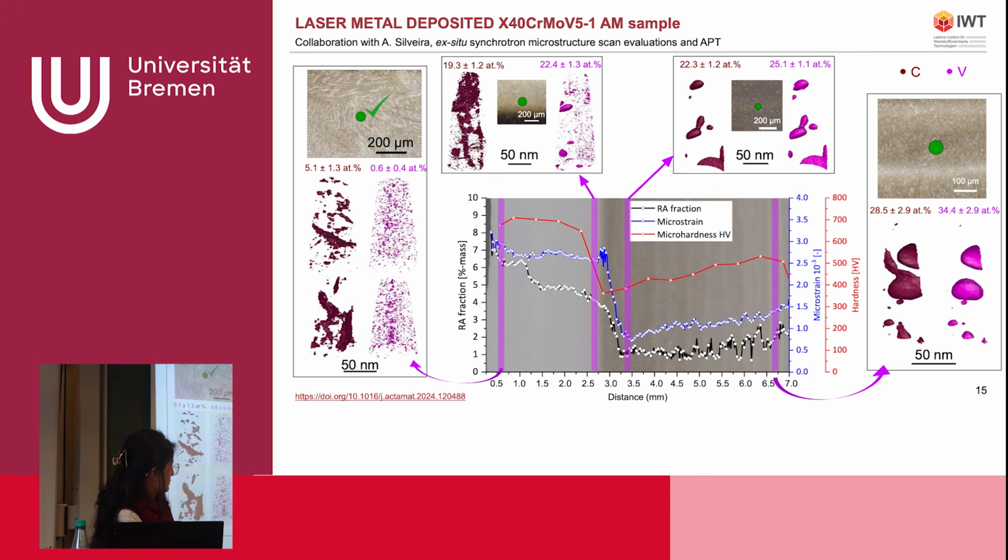Then if we go to the layers that were first deposited, in this case the moderately tempered regions, we still see those vanadium carbides, but they are much bigger than the ones we saw here, and even a little bit bigger than these ones. This shows exactly the effect of the time that we had. Even though this region was not tempered as severely as this one, it still had much more time to let the atoms diffuse and induce the coarsening of the precipitates that we have here.